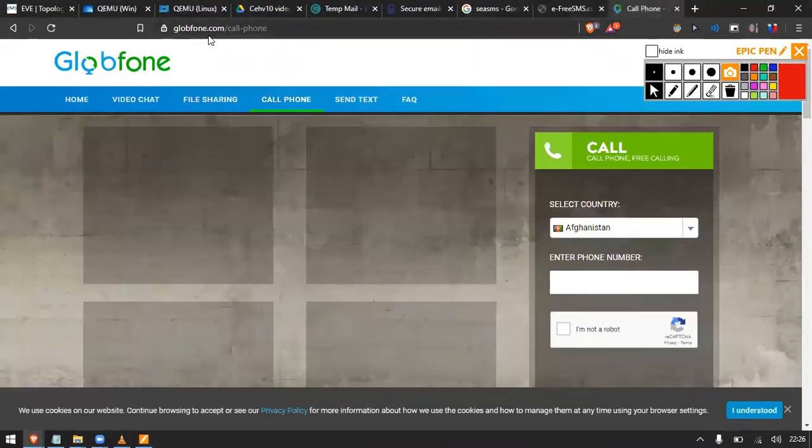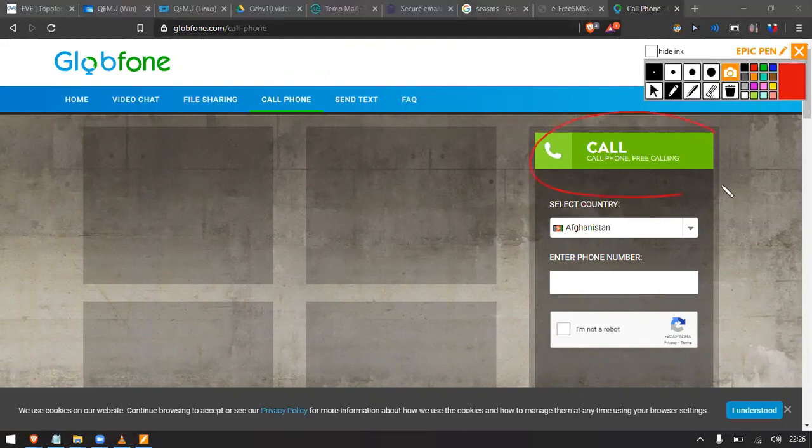And next, I will show you how to call someone with any number. This is globephone.com, which allows you to send SMS, but the key feature is that calling is available. Many websites make you register. If you want to be anonymous, you don't need to register; they only use you for their data. So don't register for these websites. The websites that I am showing you are free of registration. You don't have to register to perform an attack. You can call directly. You just type the number and call.